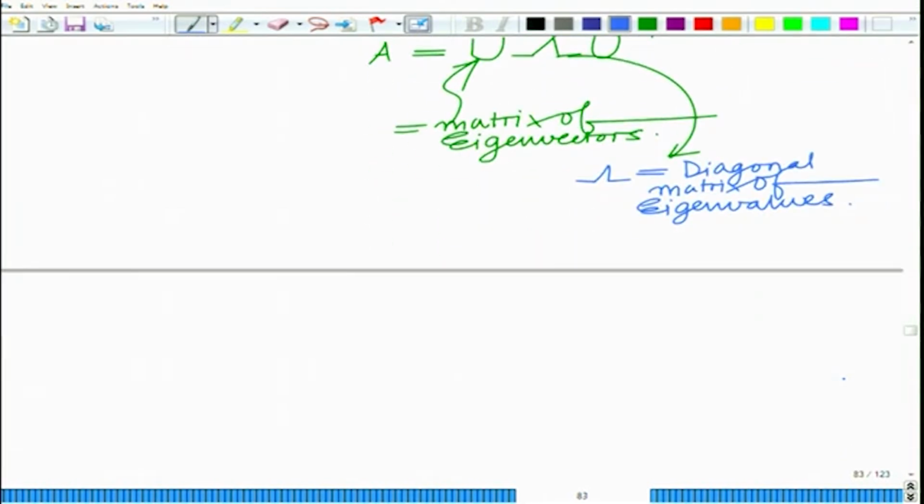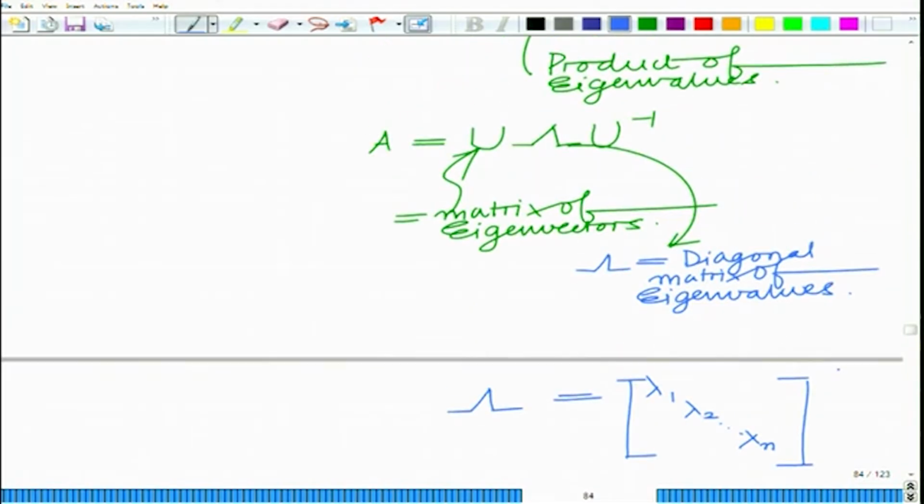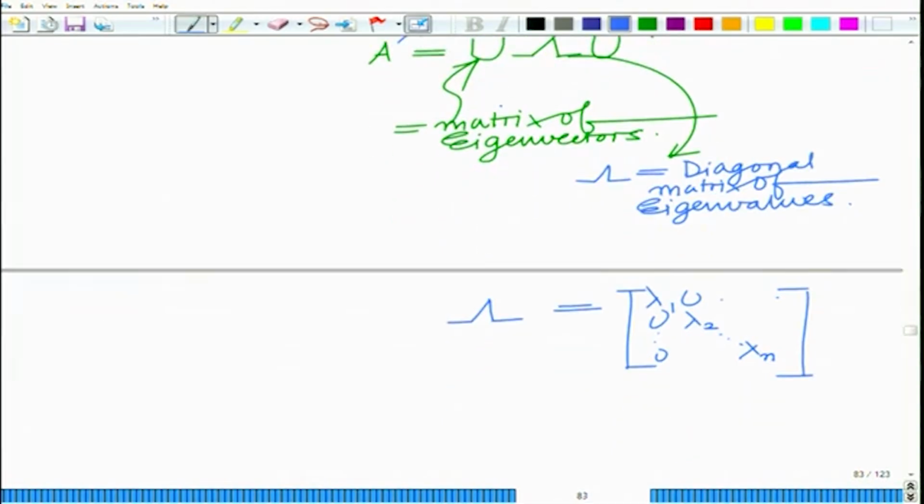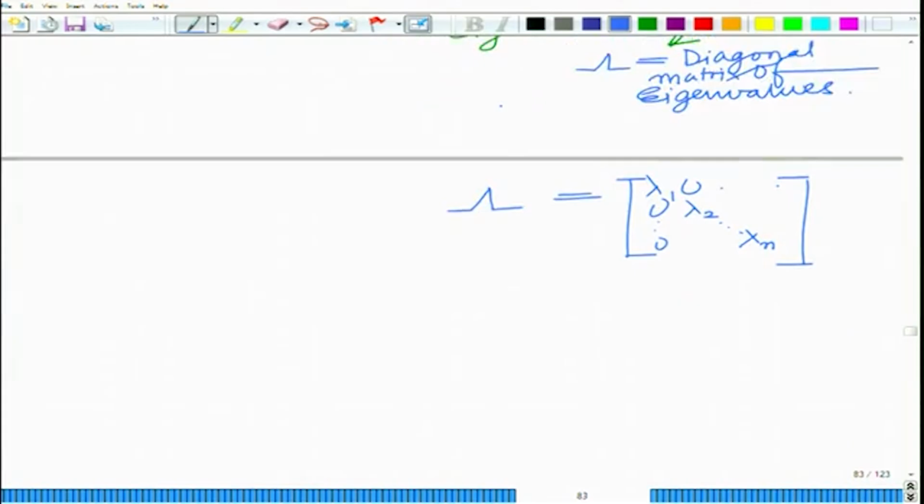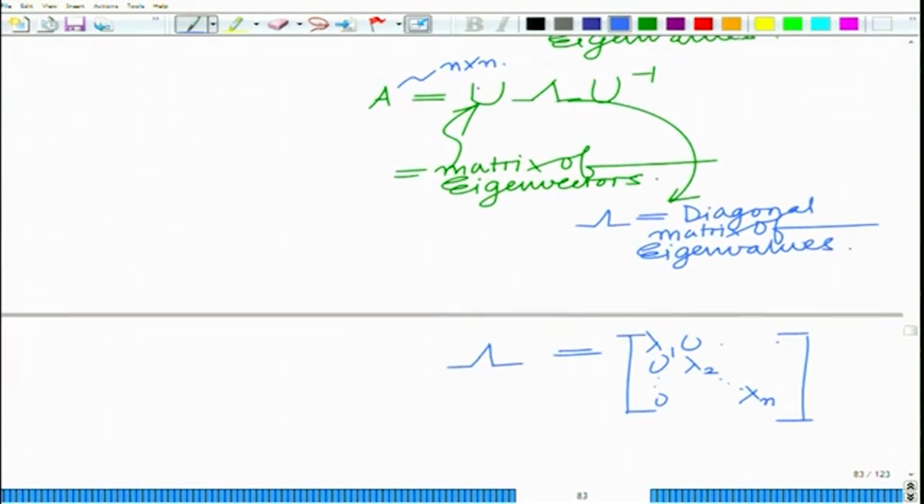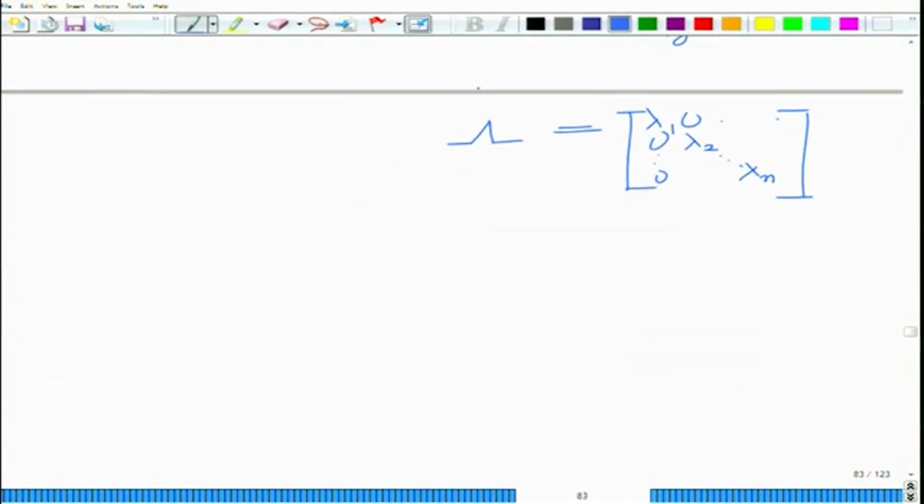Lambda equals the diagonal matrix of eigenvalues, and lambda has the following structure. Okay. If A is an n cross n matrix, lambda equals the diagonal matrix of eigenvalues. Assume that A is an n cross n square matrix. All right. Now, of course, we have already seen that if A is PSD, then it becomes